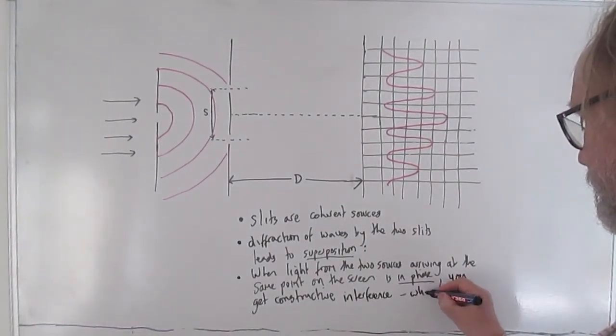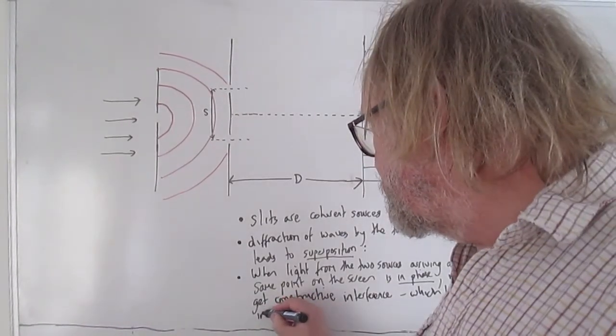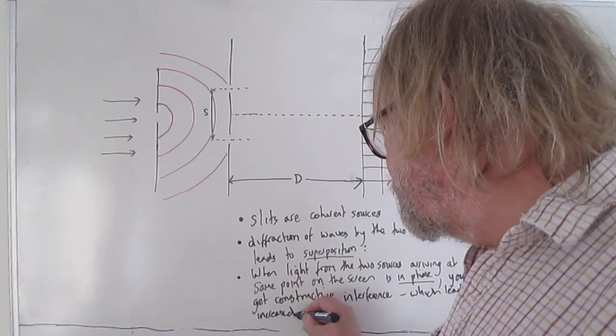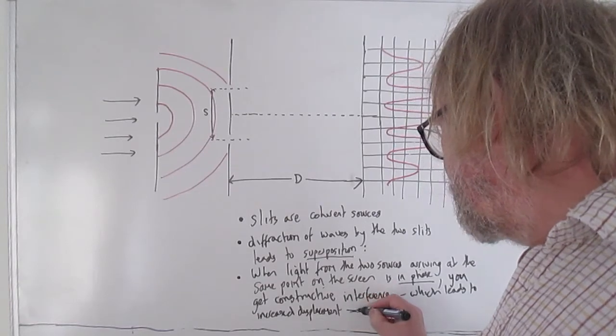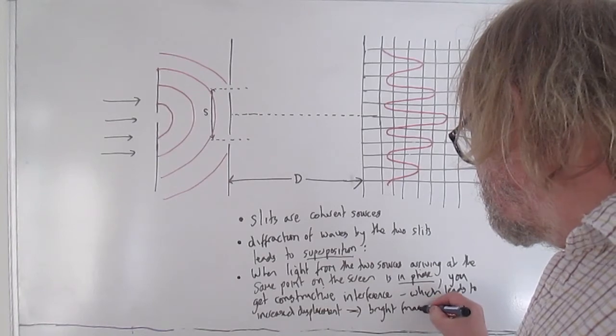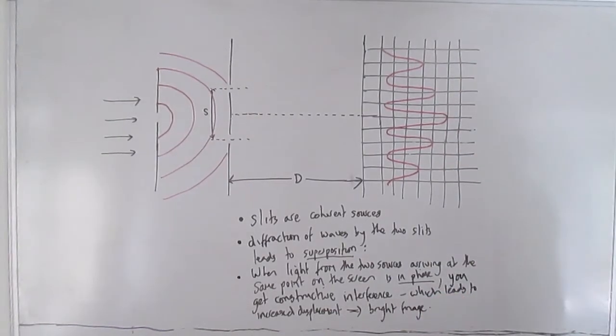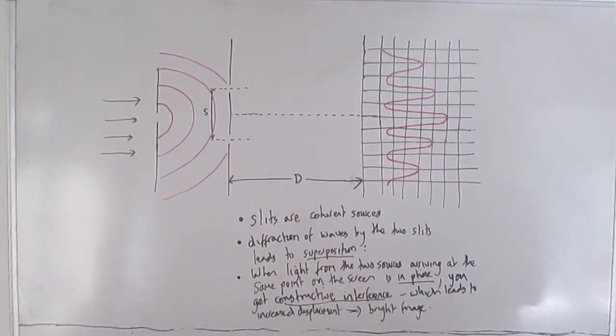Which leads to increased displacement compared to the individual waves, which means that you get a bright fringe. Okay, so make sure you got in phase, make sure you got constructive interference, and make sure you got superposition in there. And then I think, just for completeness, it doesn't ask you about the dark fringes, but I think